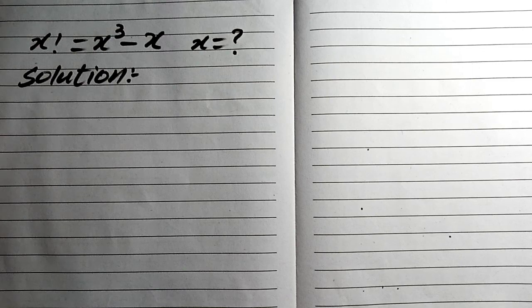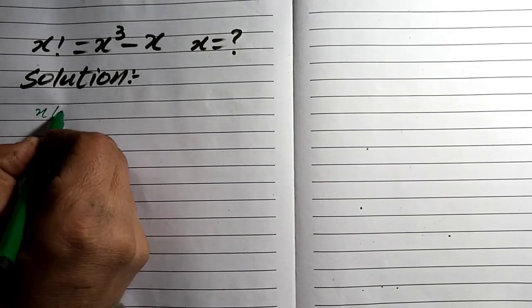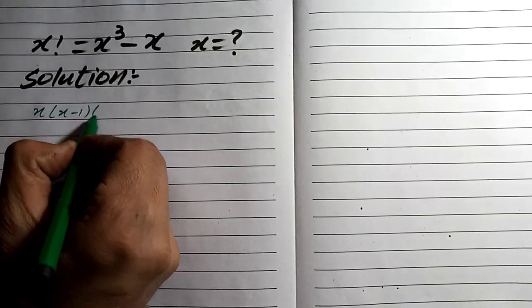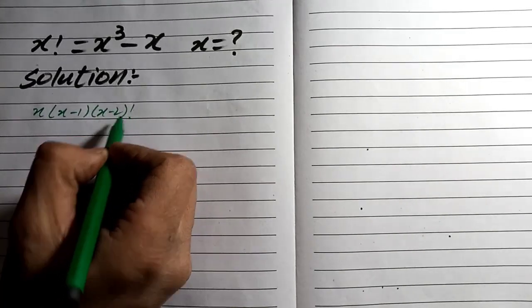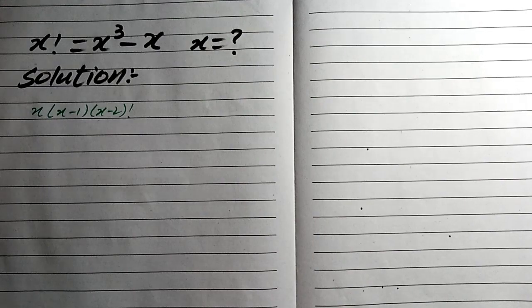In this question, we are finding the variable x, and we are given that x factorial is equal to x power 3 minus x. So we know that the factorial x factorial is equal to x minus 1, x minus 2 factorial, because we know that in the factorial we are